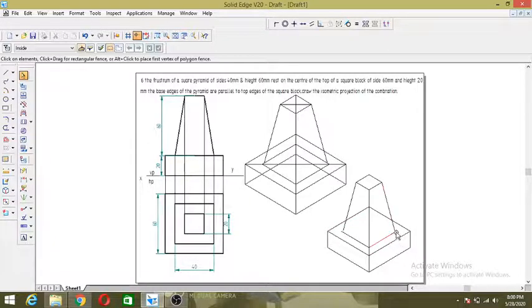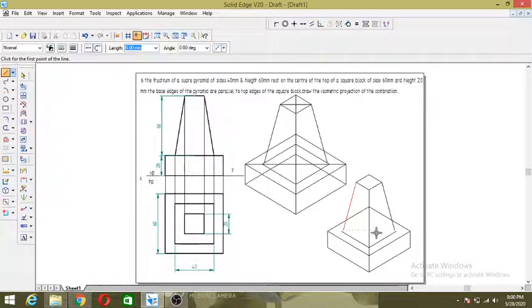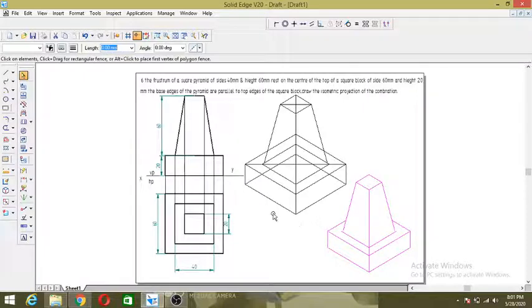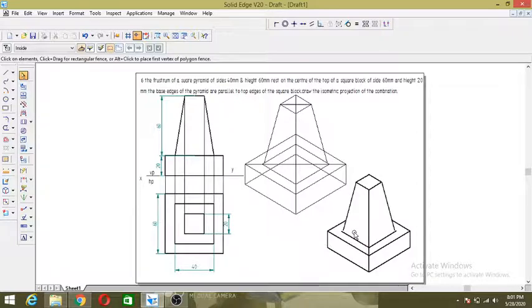See here, these are some mistakes I have made. These things are not joined. Be careful when you are joining that. Be careful when you are doing this. See here, so I won't explain again. Then after that, trim. So this is the final image of your isometric construction. I don't want these 30-degree lines here, that is not required for us. So select this and make this one visible. Okay, this is your isometric construction.